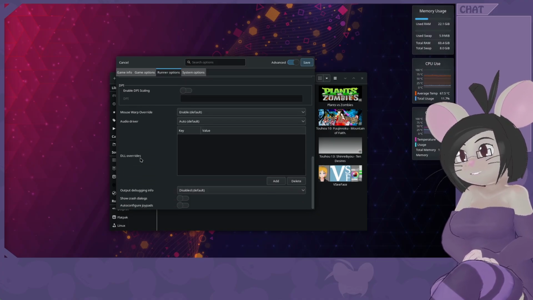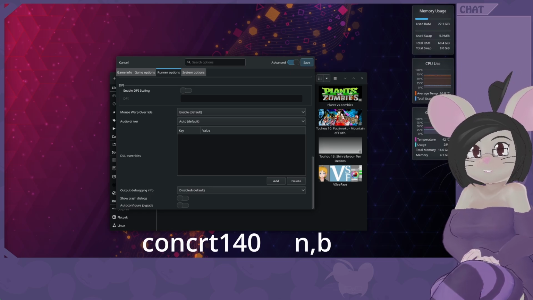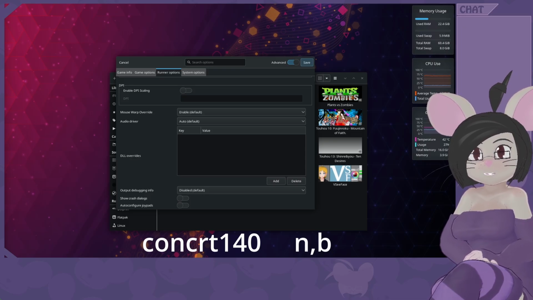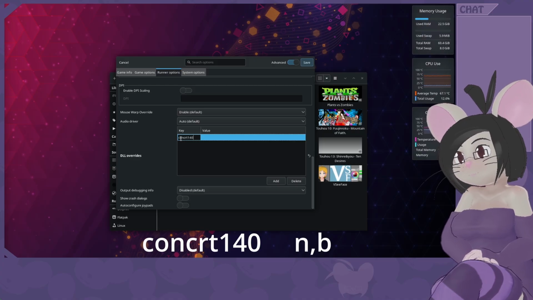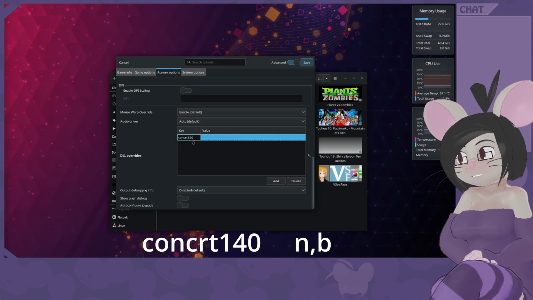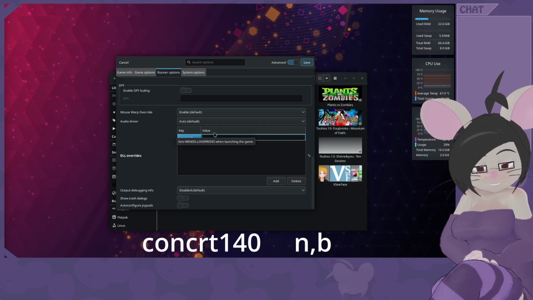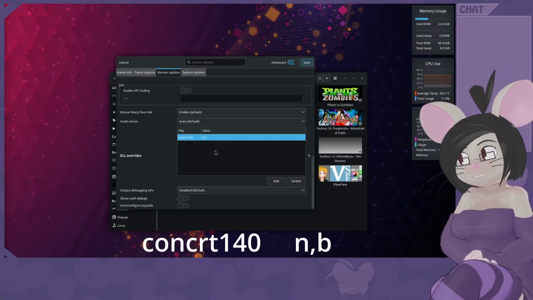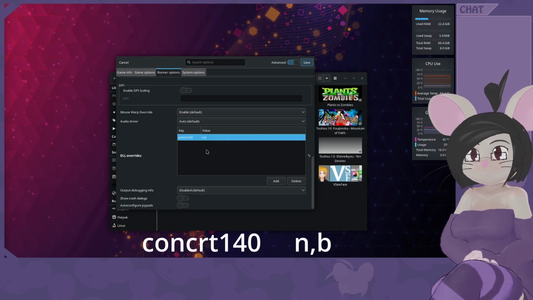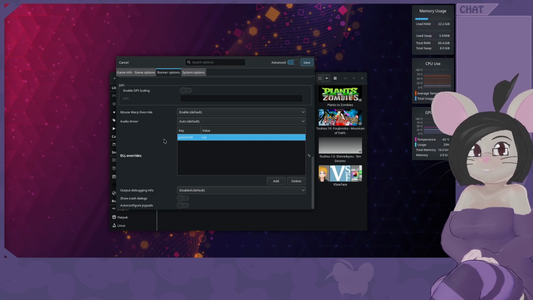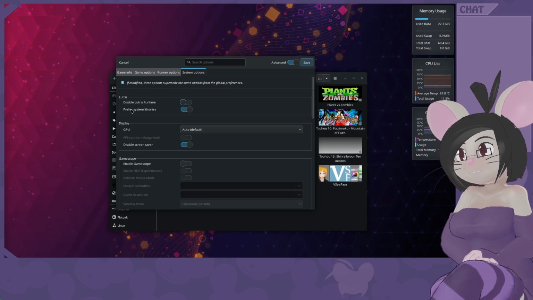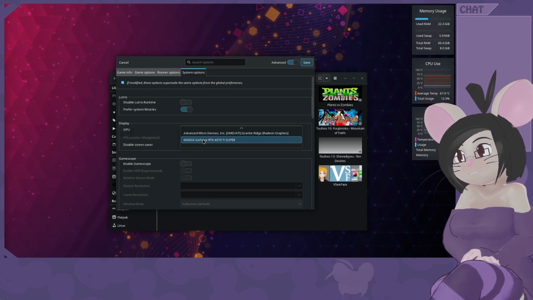Then down here in DLL Overrides, I'm gonna leave it in the description. You're gonna copy this text if I can find it in my notes. Oh my god, why am I not reading my notes? You're gonna type this or copy paste it from the notes, and then here you're gonna type N, comma B. No spaces, just N, comma B. That's it. Then we're done, I believe, with runner options. Yes. Go to system options. Here you can select on GPU your current GPU,